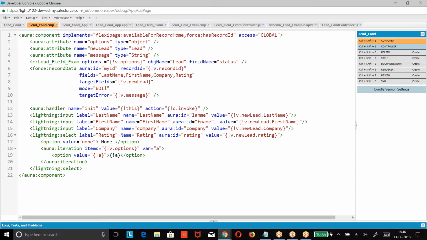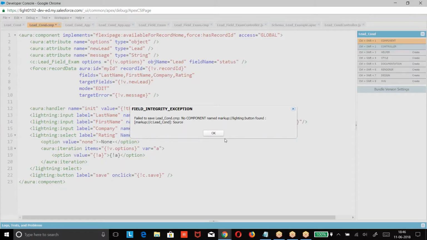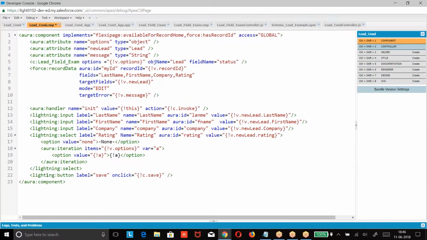You are going to enter the data, click on save. When you click on save, the record should be saved to the database. Now you are supposed to create an extra button which will save the record. Lightning button, label, action. Save. No component with the lightning button. Now when I click on the button called save, record should be saved.